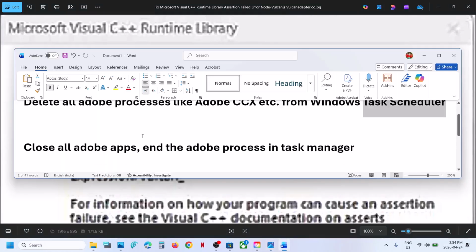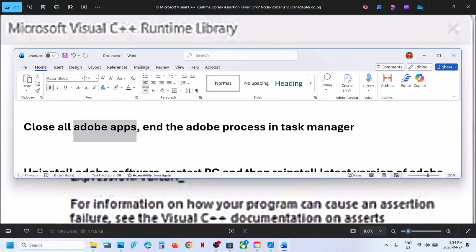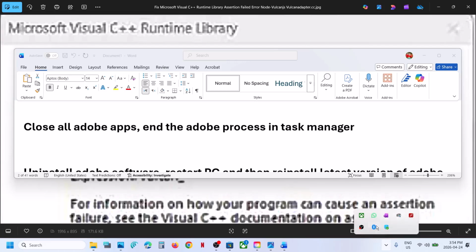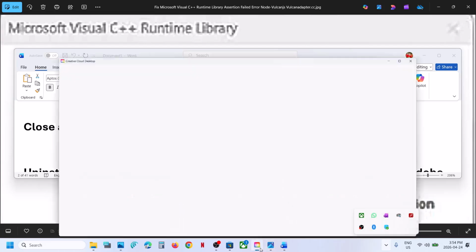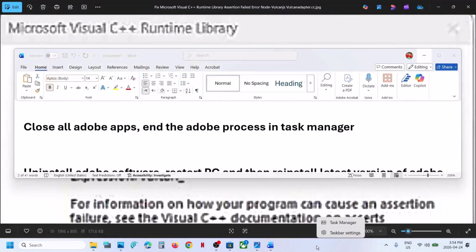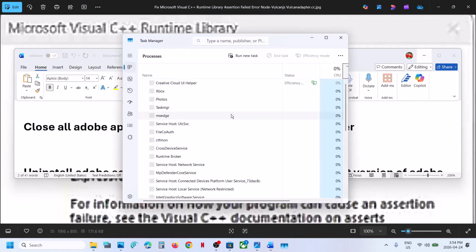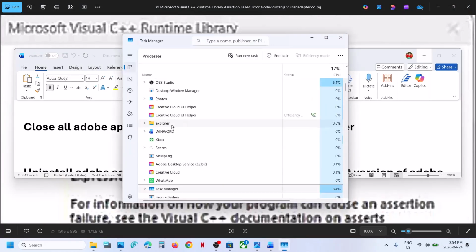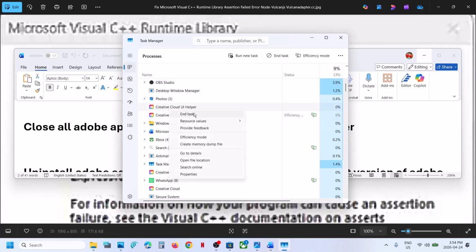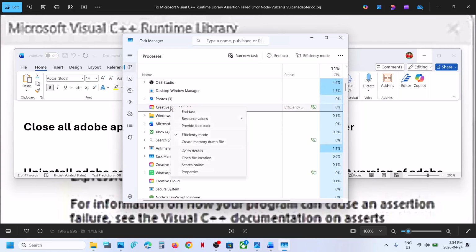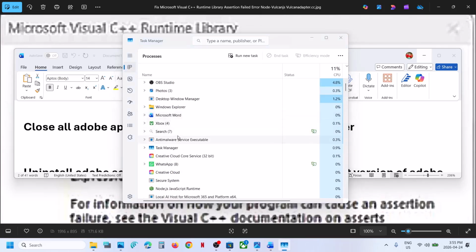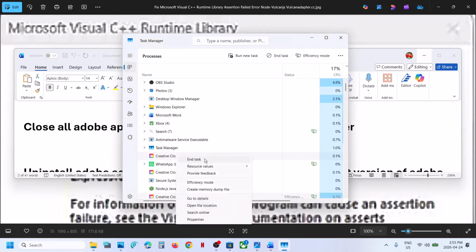The next step is to close all Adobe applications on your computer. So if you have Adobe Creative Cloud, anything running, close it. Make a right click in the start menu, go to task manager. If you find anything that says Adobe or Creative Cloud, you can end the process. Anything Adobe,